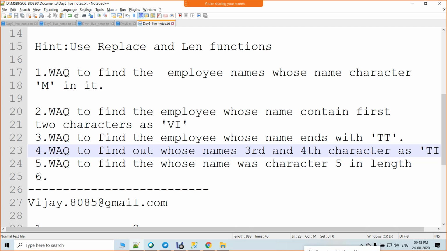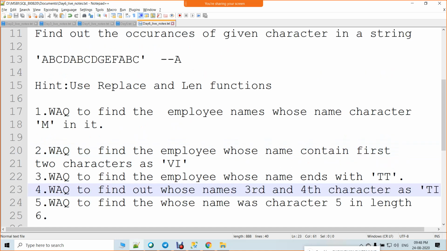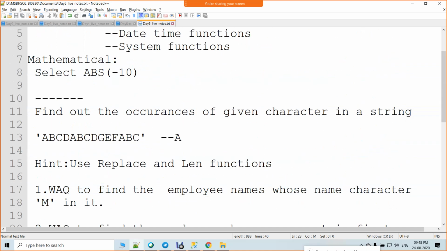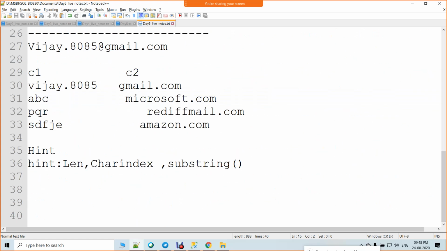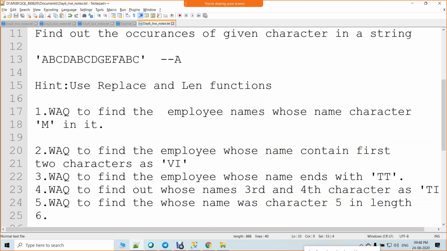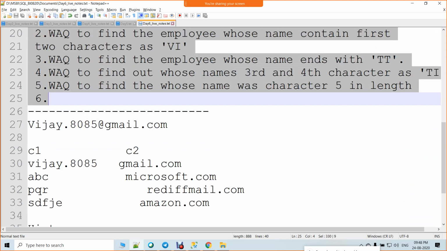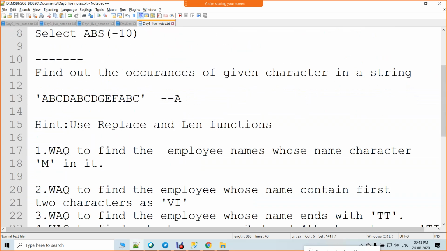With these questions, we'll end today's session, and tomorrow we'll see the assignments. If you have doubts, I will once again repeat the string functions and explain these questions once again. So just try to resolve these questions. Then we can catch up tomorrow sometime. If you are having any issues with my speed, or if I'm not able to make you understand, just let me know so that I can change my content and way of teaching.